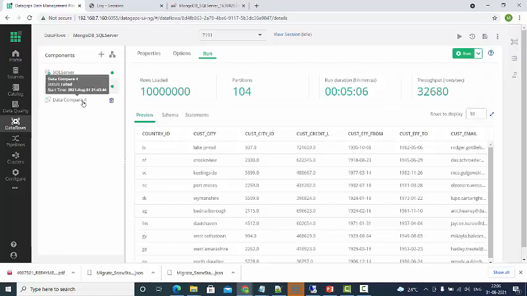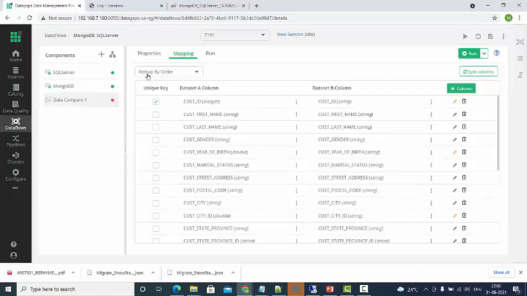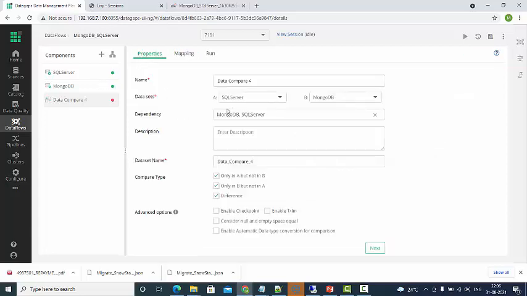So the next thing is comparing the data, SQL Server and then MongoDB. In this case, there are 3 steps here. One is about the properties, wherein you select your SQL Server and MongoDB as dataset A and B. So this is where we are trying to compare A and B datasets.